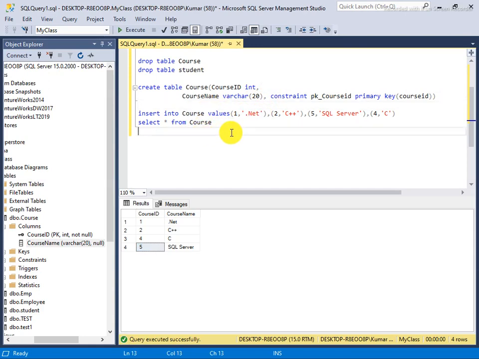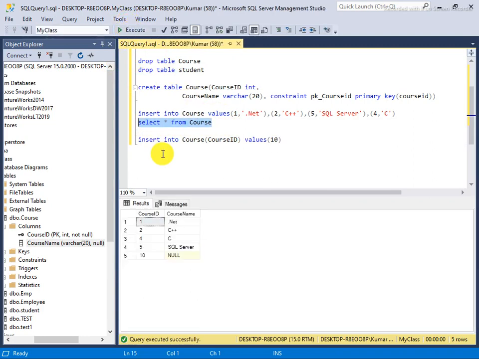Like if you insert some values, insert into course values. Oh sorry, if you are not going to supply any value, then you have to say for which column you are going to supply the value. So I am saying here I am going to supply a value only for the course ID, so then I say values, and this value goes only for the course ID. I say course ID which is 10, then I select this and I run this.